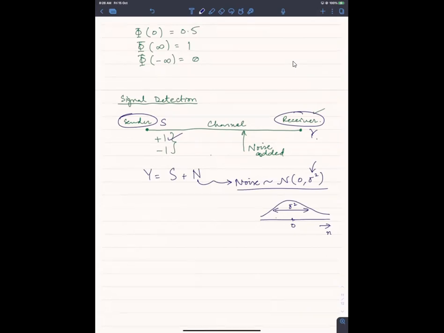ठीक है, so ये +1 और -1 के बीच में अगर आप देखें तो 0 आता है. 0 से बड़ी अगर कोई चीज मिल गई तो रिसीवर डिसाइड करेगा कि +1 भेजा गया था, 0 से छोटी कोई चीज मिली तो वो डिसाइड करेगा कि -1 भेजा गया. ठीक है,